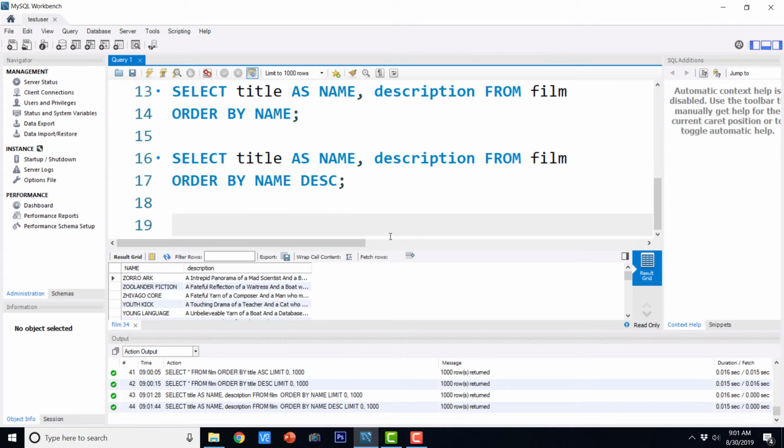So finally, we can order everything by multiple columns. And that is also very easy.